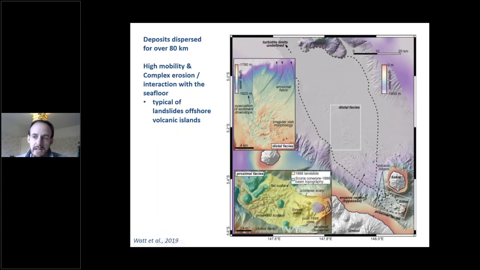Now, actually, this is, again, a highly complex deposit, and that's really what we've found in all these sites that we've studied, that the interaction with the seafloor can result in a complex sequence of events initiated by this failure. So in the area around Ritter, which is shown in this bottom left here, the proximal facies, what we see is, first of all, some very large remnants of the failed volcano itself, so material that has not disaggregated. And then the rest of this proximal facies is actually dominated by deformed pre-existing seafloor sediment, which is also deeply